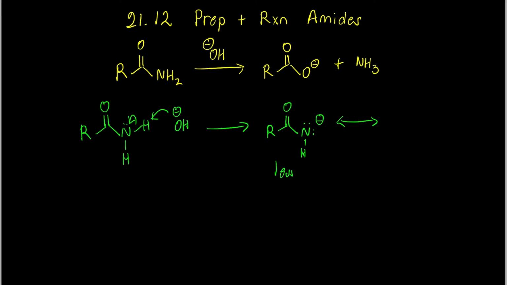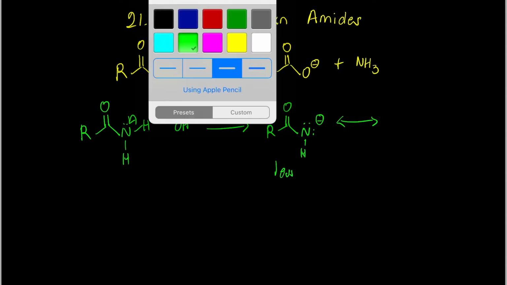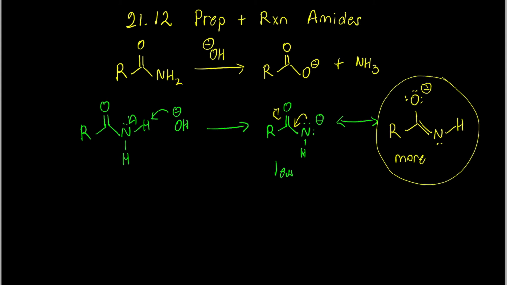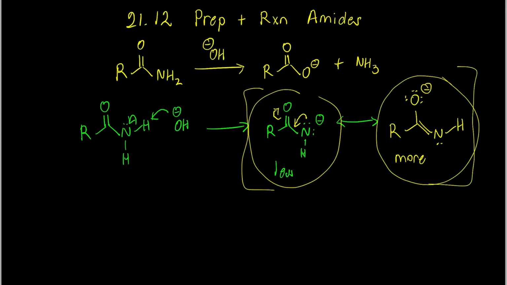You remember how when you discuss resonance structures, there is a ranking of the relative importance of contributors to the resonance hybrid, and this one here on the right would be more contributing because the negative charge is on a more electronegative atom, okay? So when you think about this, this is very stable. The real resonance structure is somewhere in between these two, but this is negatively charged,